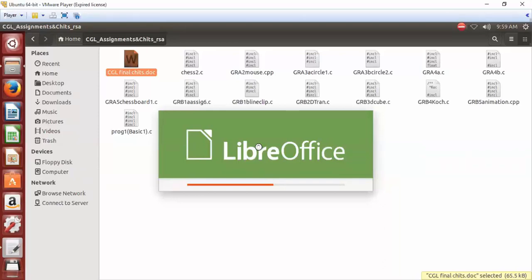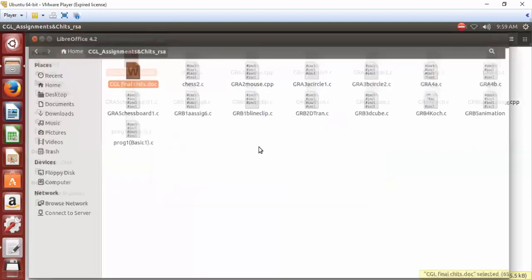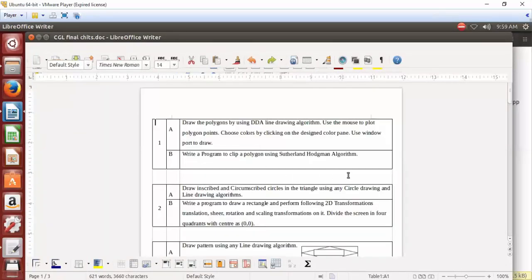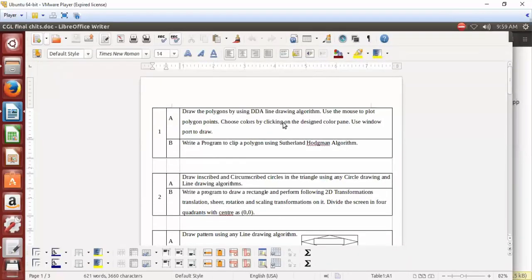And we are having these cheats. In these cheats also we are having all these assignments from group A and group B, right? So all these assignments we completed so far.